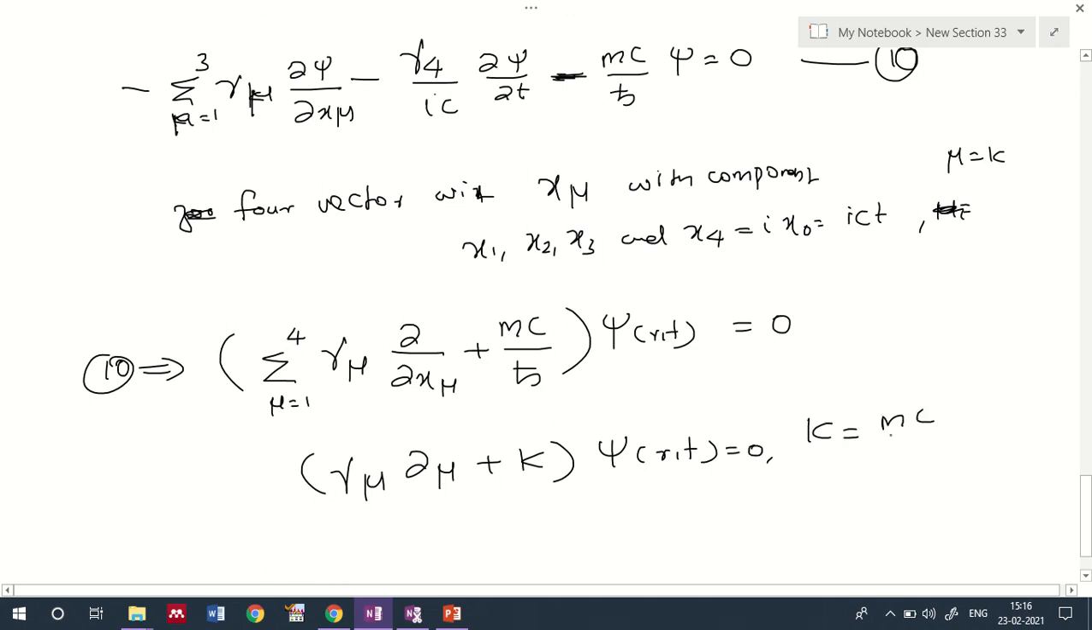Here k is equal to mc by h cross. So how do we represent this dou mu? According to the Einstein rule, if we can represent the equation by summation and differentiation by summation, then this can be represented in terms of a covariant form. That is what we represented as gamma mu dou mu plus k, where k is mc by h cross. So this equation is called the covariant form